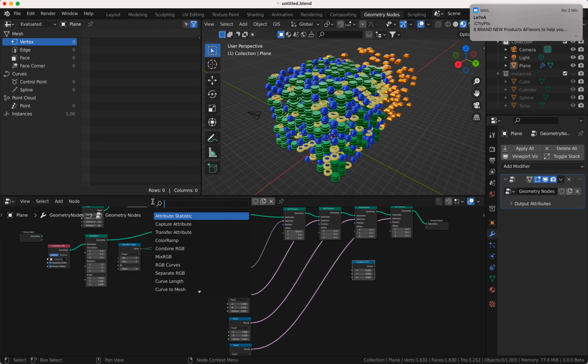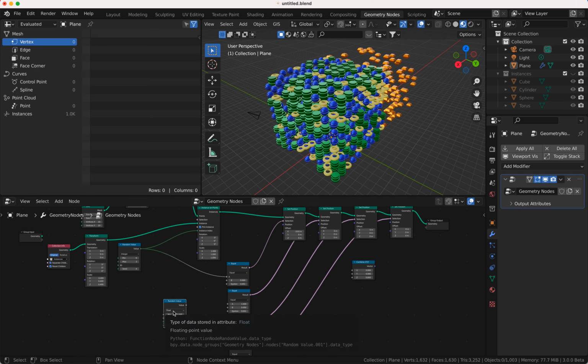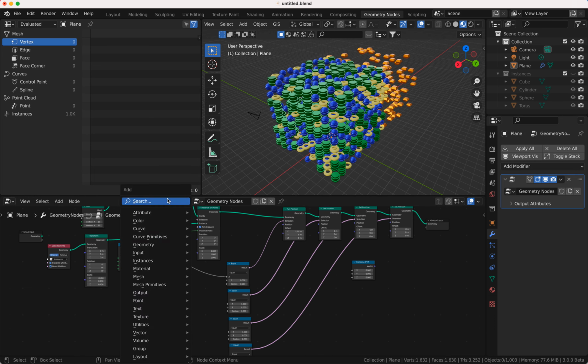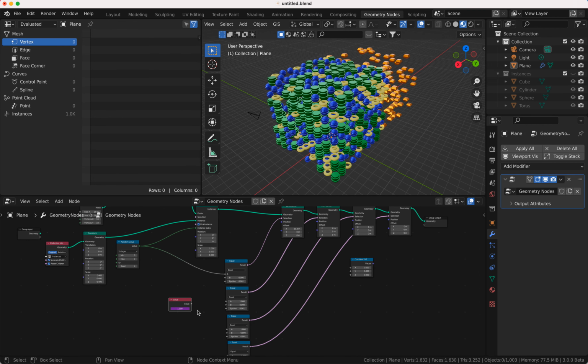So we need a frame value. We need a value node, and we get the frame information from it. And then we do a mapping. So we are mapping from